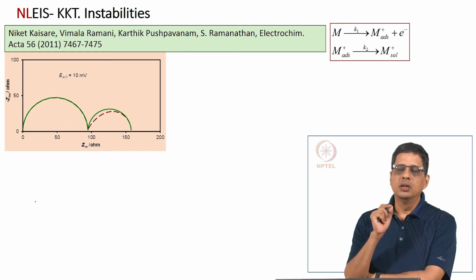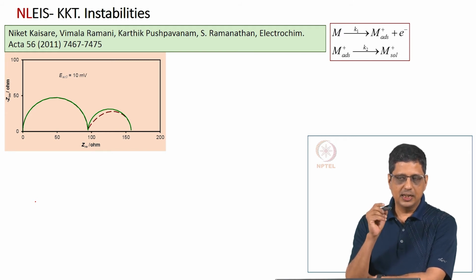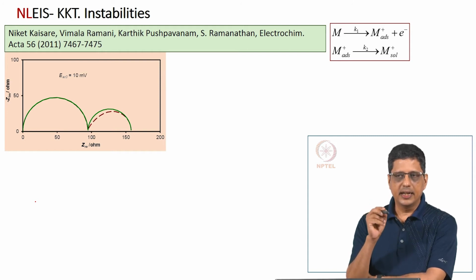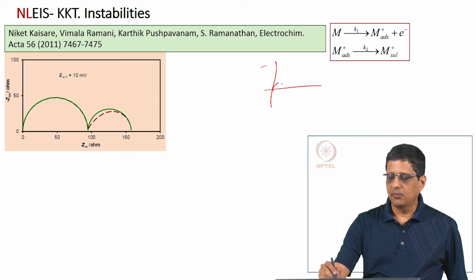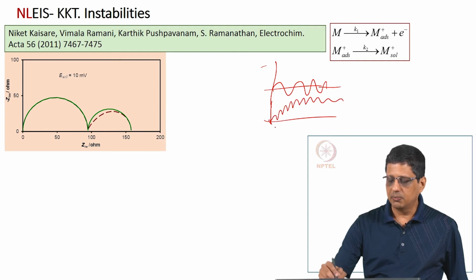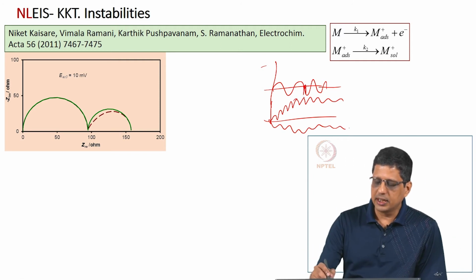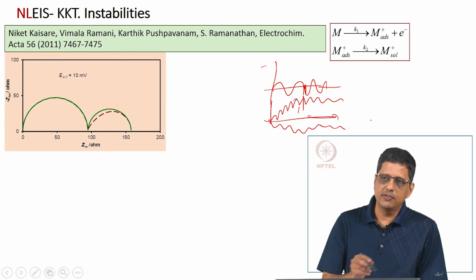Now, there is a subtle thing. When we apply AC potential, we have seen that it does not give you steady periodic results immediately. It can take some time for us to get the steady periodic results. Now, I apply AC potential on top of DC. The current would do this and then settle, or do this and settle. Now, if I stop applying the AC potential here and wait, the system would revert back to the original condition.